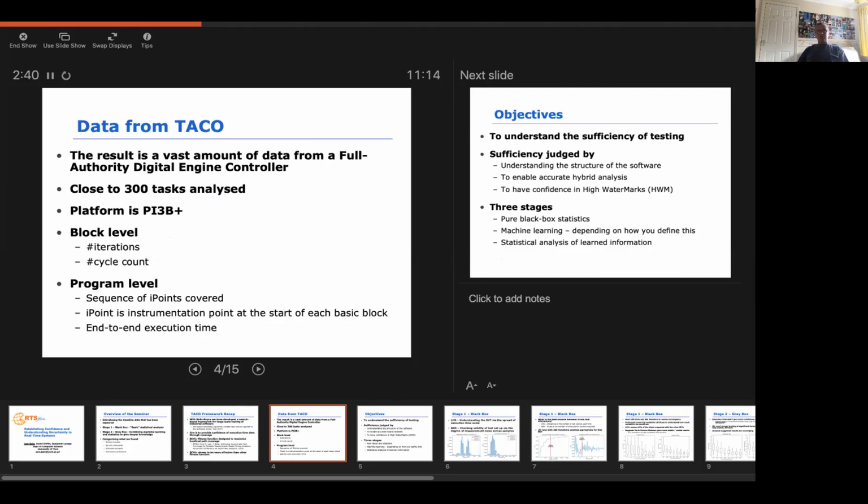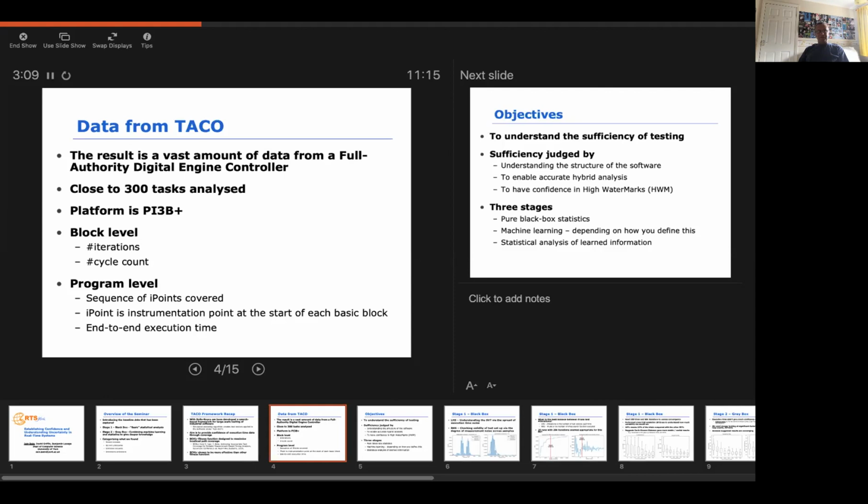So the result of this work is a vast amount of data from a full authority digital engine controller. So in the work, we've analysed close to 300 tasks, and this has been done both on the Vision core processor, which is the one that's used in flight, and then more locally at York on Pi 3B pluses. But the aim really of this work has always been to do execution time analysis. The result of TACO is a